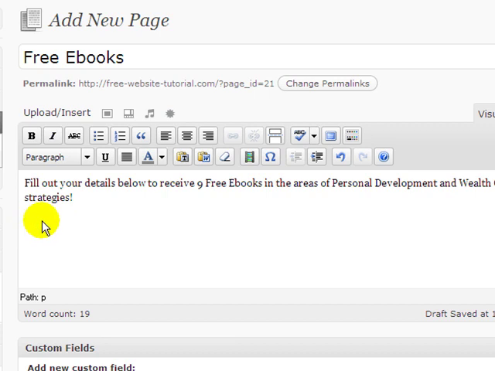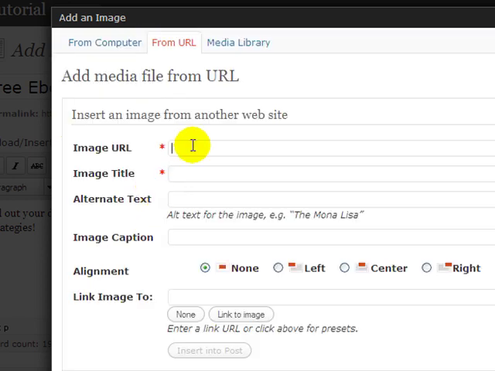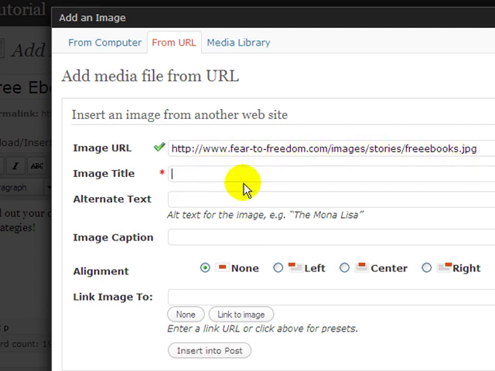So to remember how to insert pictures, we've got to go up to the top first of all. So where it says upload insert, and we want to insert an image. And I can either upload from my computer, so I can select the image from my hard drive, or you can do it from a URL. So I'm going to do it from the URL. So I'll paste the URL into there, and this is an image that I've got on one of my other websites, feartofreedom.com. So that's the image location on my server,